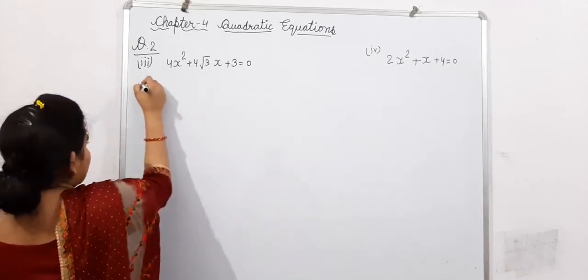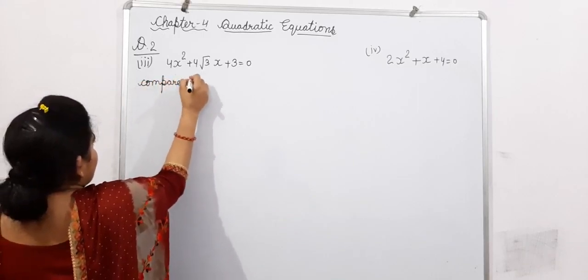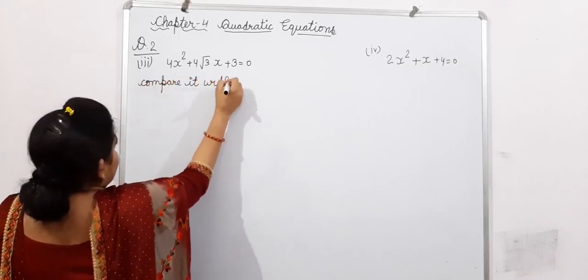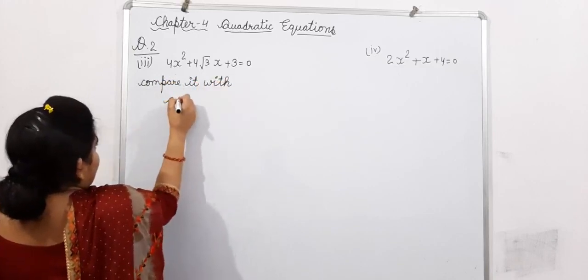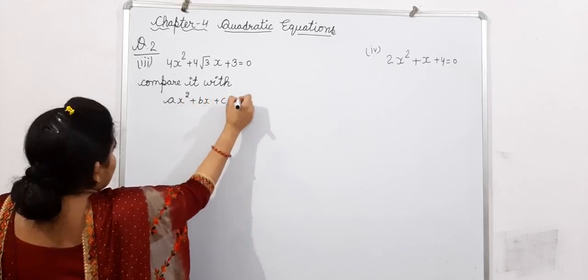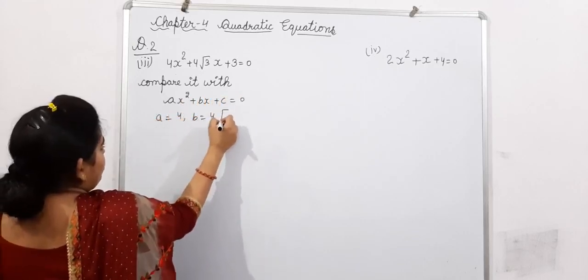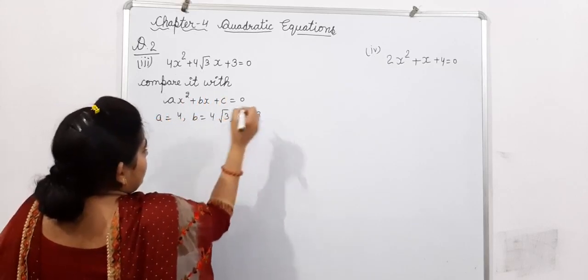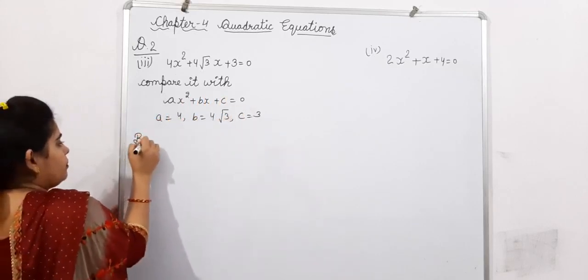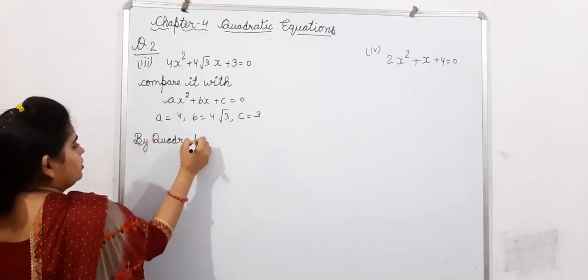Now compare it with ax square plus bx plus c is equal to 0. We will get a is equal to 4, b is equal to 4 root 3, c is equal to 3. Now by the quadratic formula,